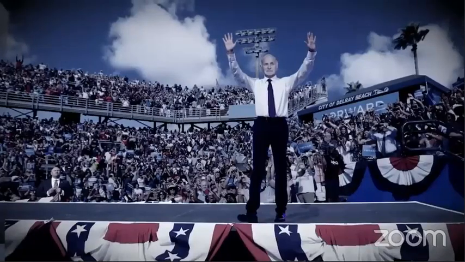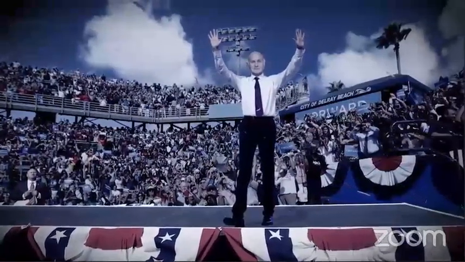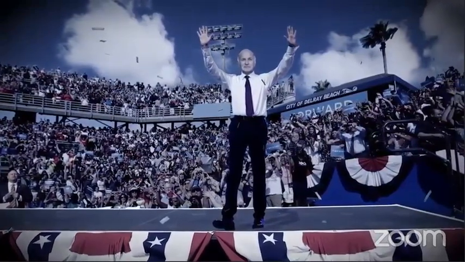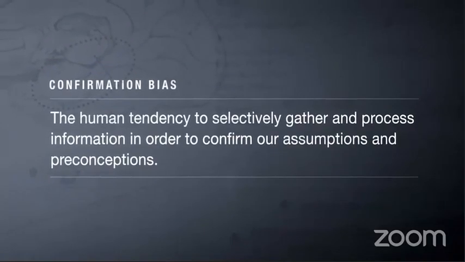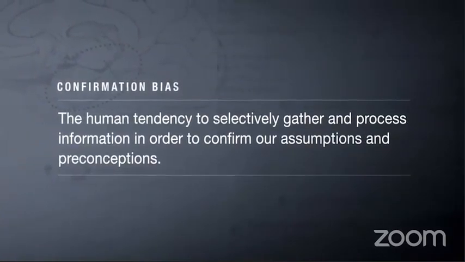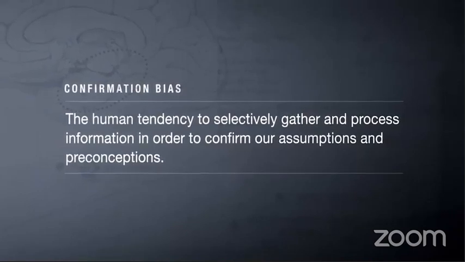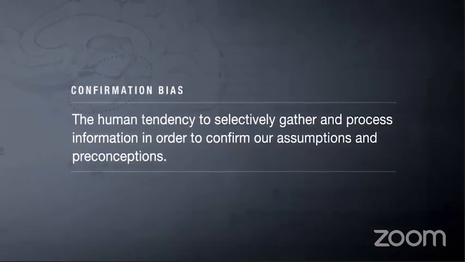And this is all extremely beneficial because that filter will optimize the information processing. Why do we, for example, during election season, only tend to look for information that paints our favorite political party in a good light, and look for and remember information that will cast our opposing political parties in a negative light? Regardless of what political party you're voting for, you would never go out and Google negative information about them. This phenomenon is known as confirmation bias, which could be described as the human tendency to selectively gather and process information in order to confirm our assumptions and preconceptions, whether they are true or not.